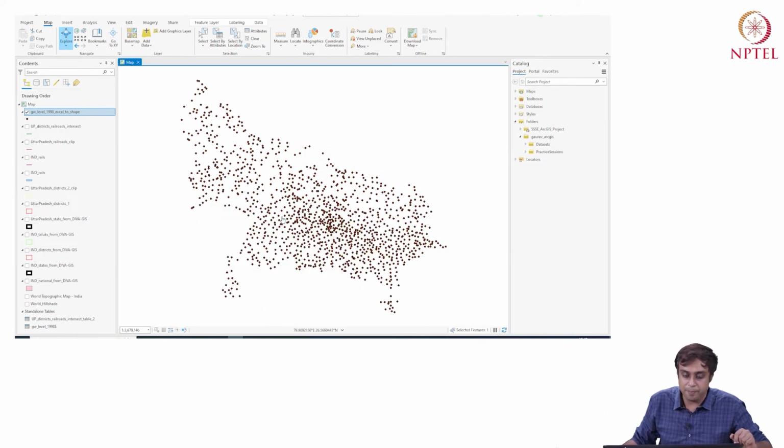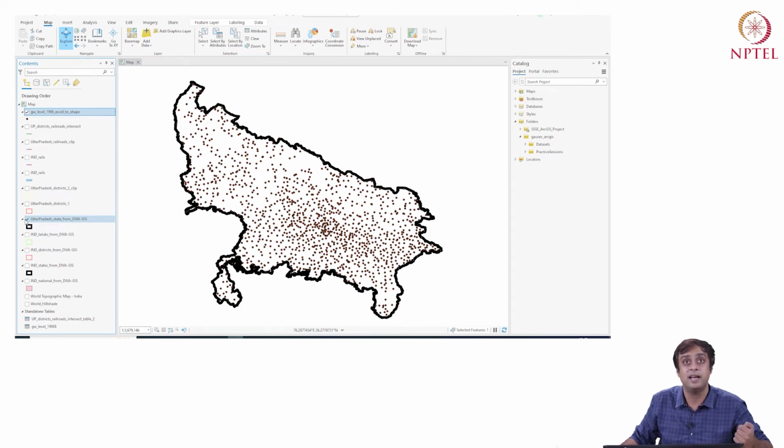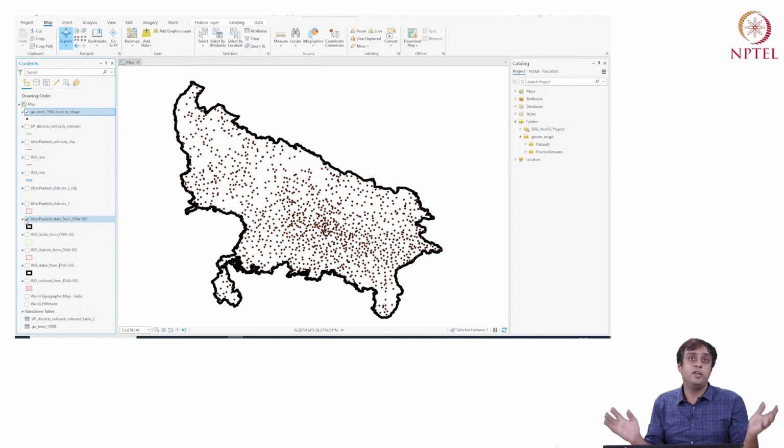And not only does the shape resemble UP, but if I check the UP state vector file, I'm actually able to find the envelope of these wells. Now this is phenomenal. I can go from an attribute table in ARC to an Excel file, and I can start from an Excel file and come to ARC and do all the manipulations I like. So what else can I do?